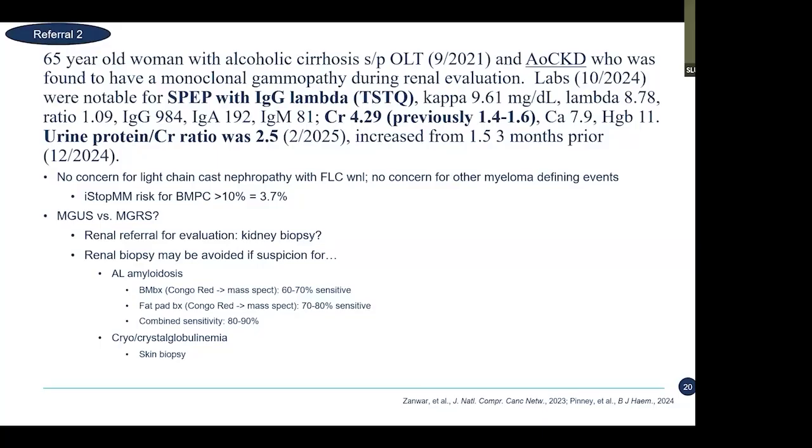Again, MGRS is really a low clone kind of disorder. It's not concentration dependent. We do not need significant monoclonal protein around in order to cause harm to the kidneys. And so here we get renal evaluations, kidney biopsies, as really the main way to differentiate an